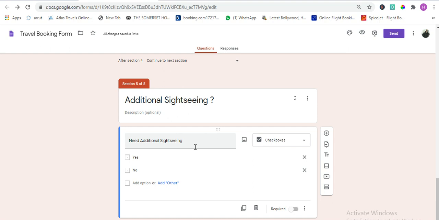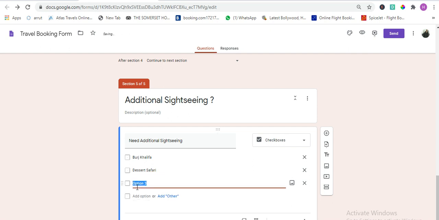So here I've written need additional sightseeing, and I'll just mention any sightseeing over here: Burj Khalifa. Here I'll mention, let's say, desert safari, and here I'll add an option: no additional sightseeing required.